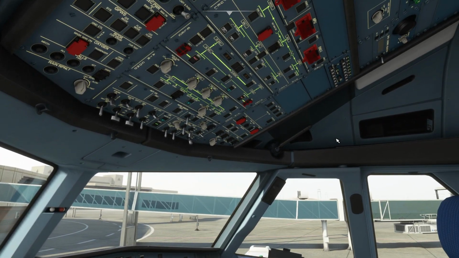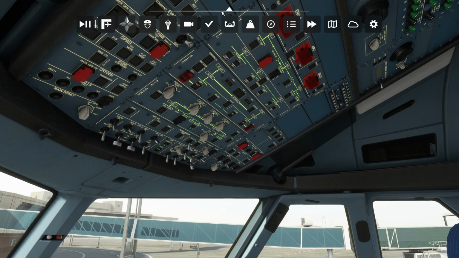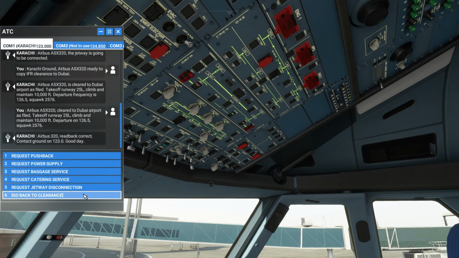With this, I can disconnect the external power, because right now I'm just going for a pushback. So we can just disconnect the external power, and if I go to the ground,